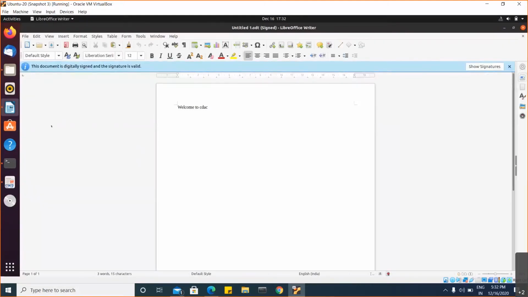Okay, so now you can view here this document is digitally signed and the signature is also valid. In the previous case, it said that this is digitally signed, but the signature is not valid. So once we imported the root CA certificate, the Word document automatically validates whether the digital certificate is valid or not. So this is how we digitally sign a document.